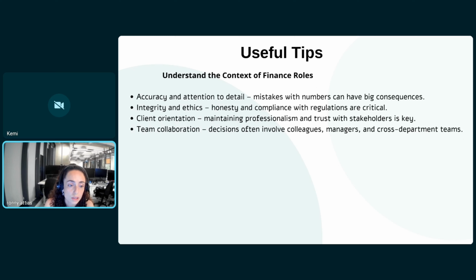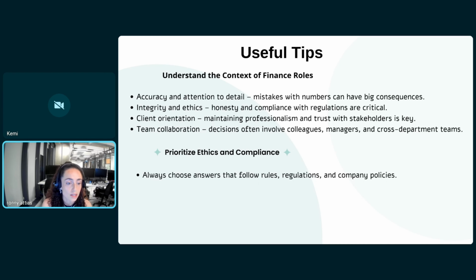And of course, team collaboration. Working in the finance world, you're going to be having to deal with lots of colleagues and managers, and even maybe with other firms and certainly other teams. So you want to show that you are easy to work with and can take direction. The thing to really, really emphasize here is you need to prioritize ethics and compliance. You want to really show in your personality assessments and your SJTs that it's very important to you that you show integrity and that ethics and compliance are important to you.